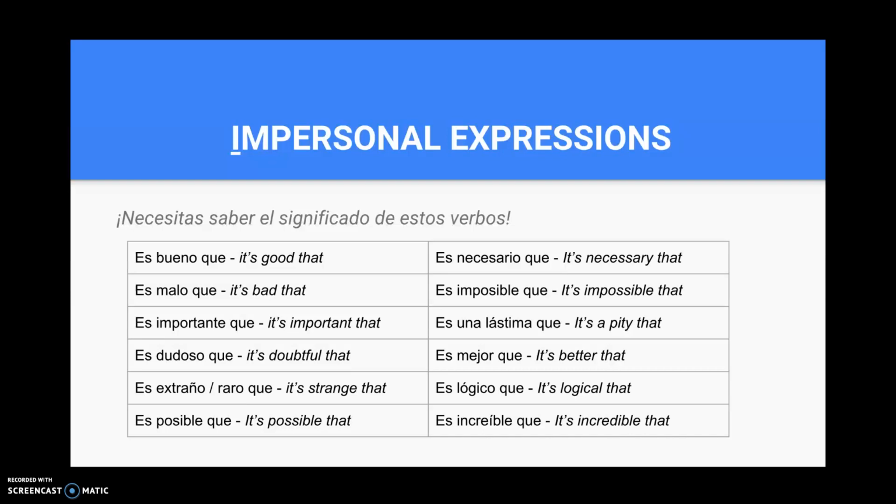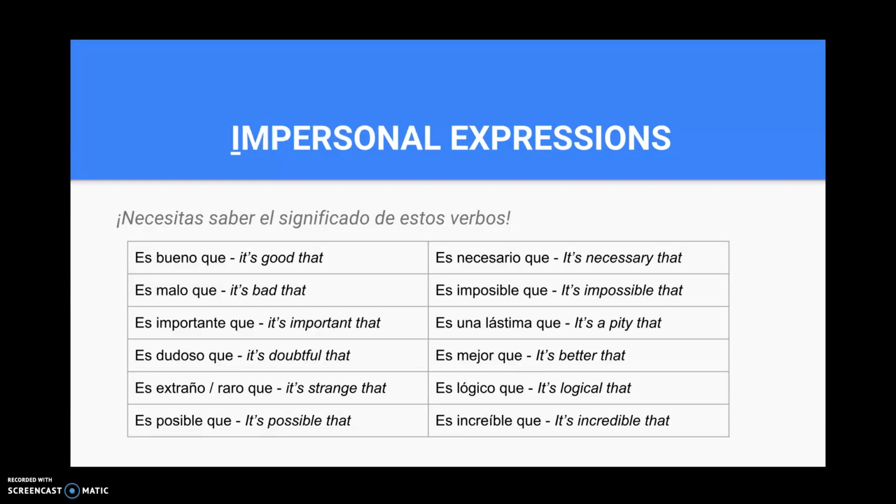Es necesario que, it's necessary that. Es imposible que, it's impossible that. Es una lástima que, it's a pity that. Es mejor que, it's better that. Es lógico que, it's logical that. And es increíble que, it's incredible that. At the top of página 8, I'll go through the first example A,